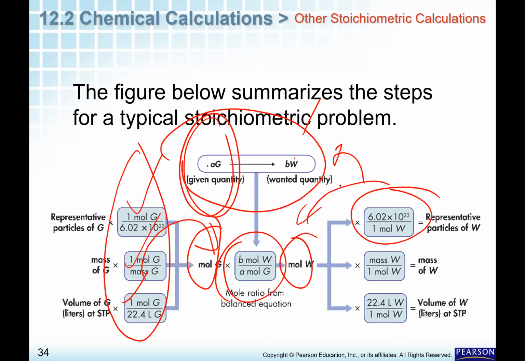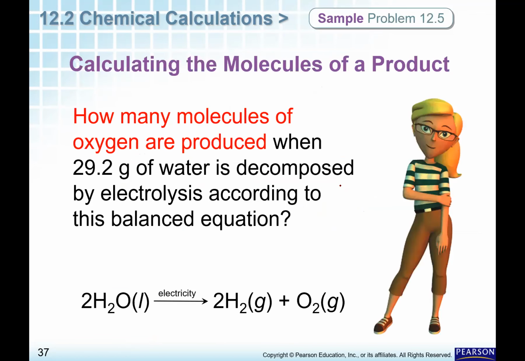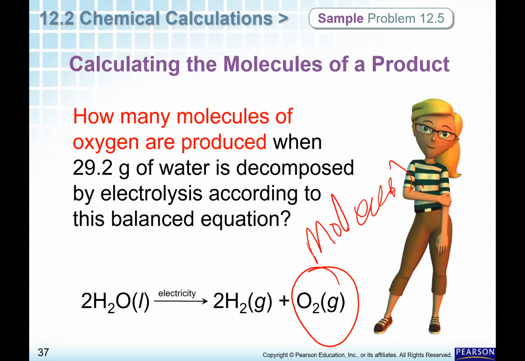conditions. Okay, so based on that, that's the way we solved this example last time, but I'm willing to go over it again. How many molecules of oxygen are produced? So it's asking you about the molecules. That is what is needed: molecules of oxygen needed if we have 29.2 grams of